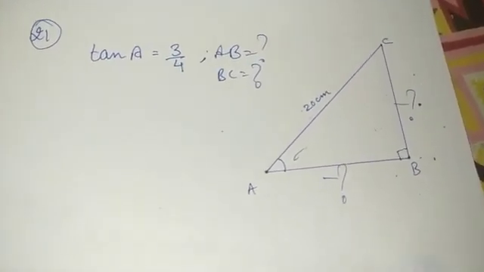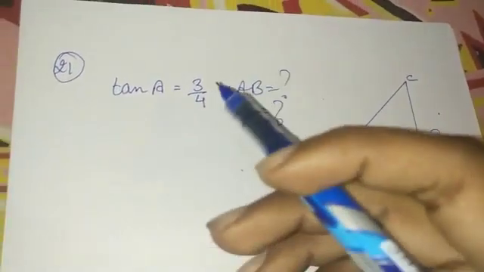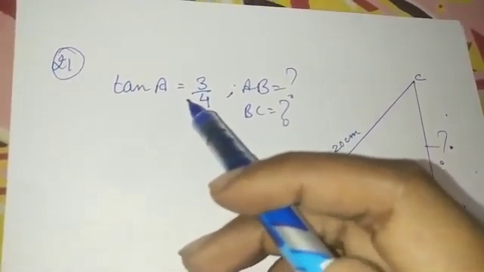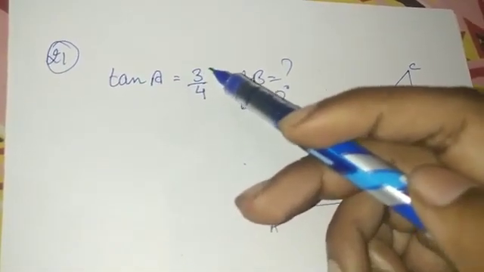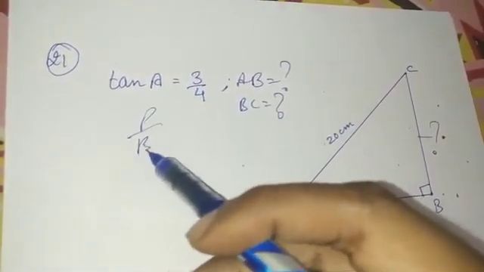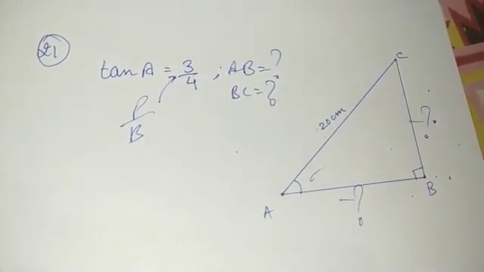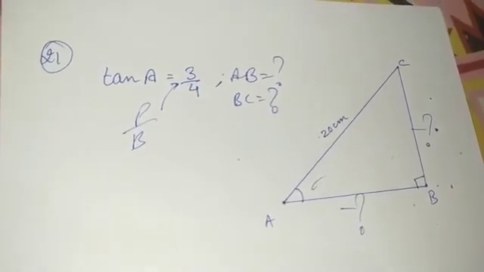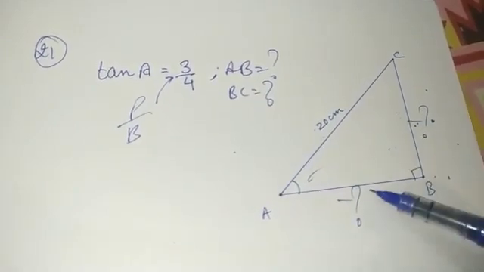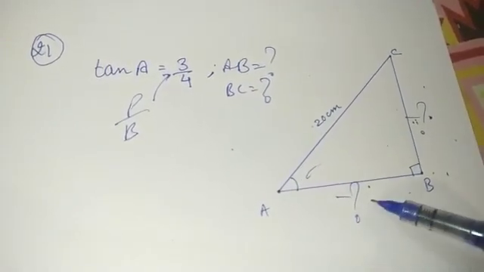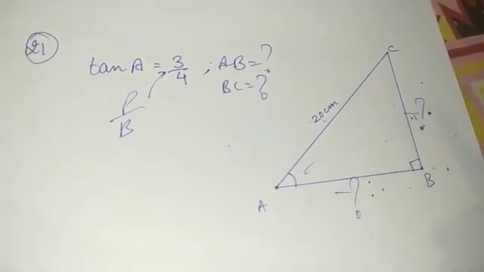Whenever we have such a thing, the very best way, since we know it is a trigonometrical ratio, is that whenever we have a ratio, we write let the multiplying factor be x. For the tan it is perpendicular upon base. So perpendicular will become 3x, base will become 4x, and then we can apply the Pythagoras theorem: 3x whole square plus 4x whole square will be equal to 20 square. We can get the value of x, and multiplying by this will give us the exact length.